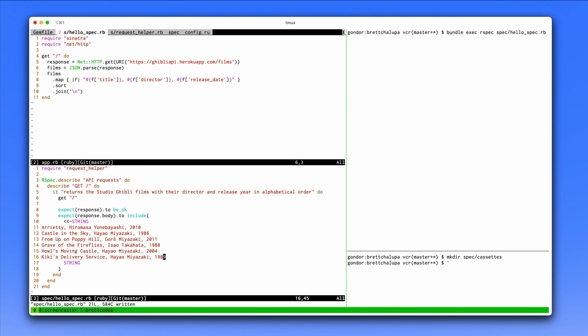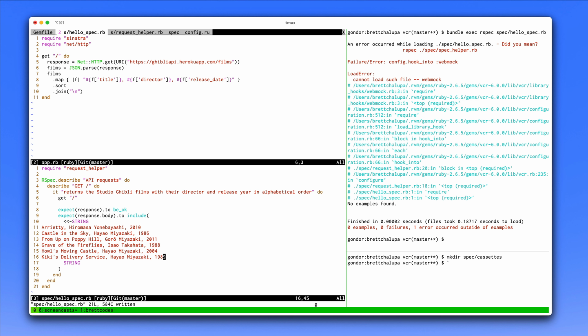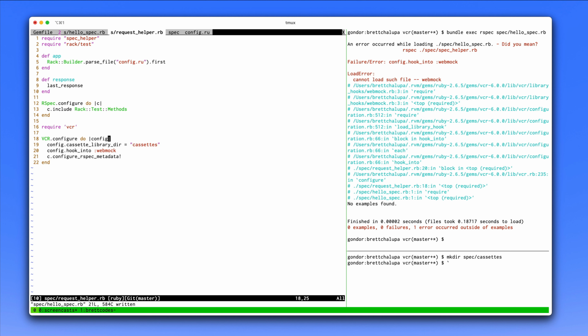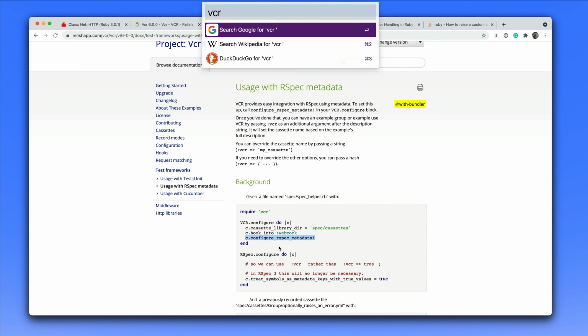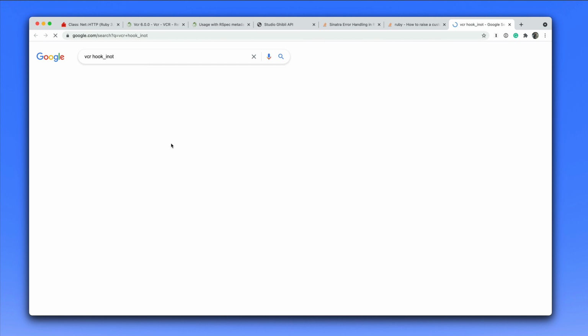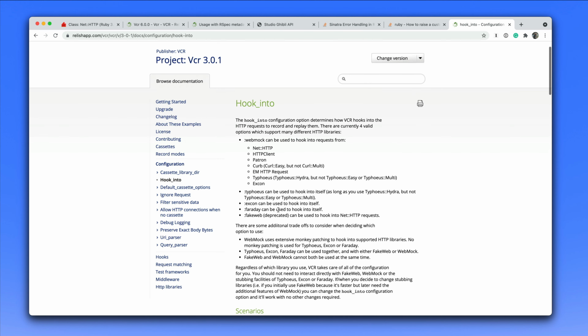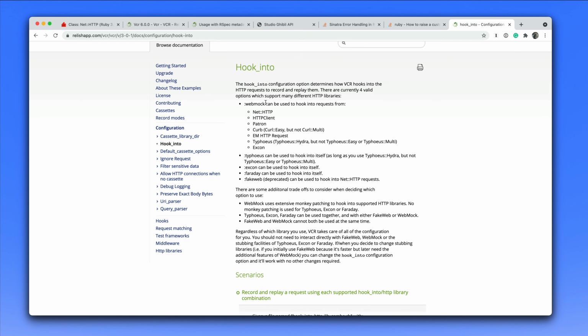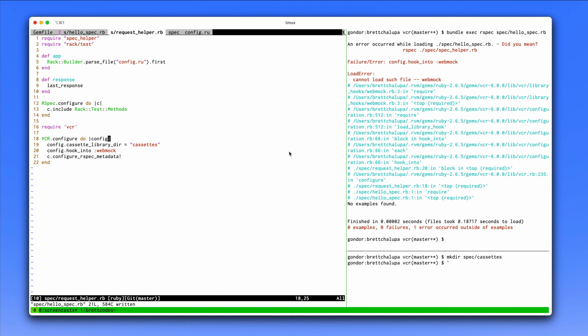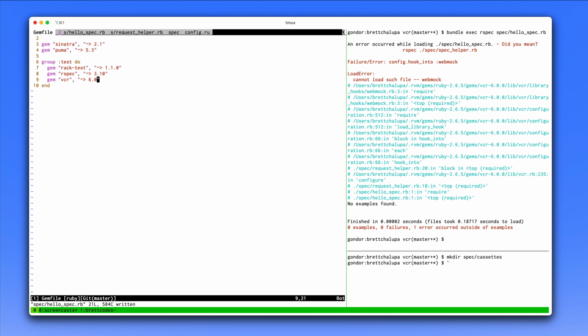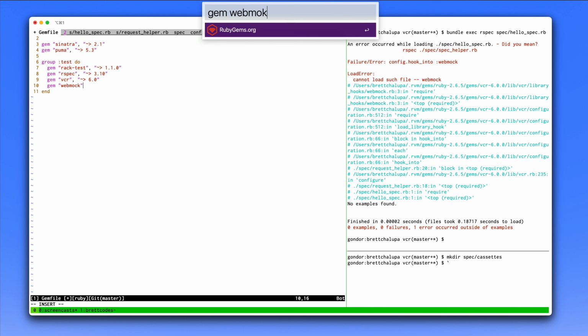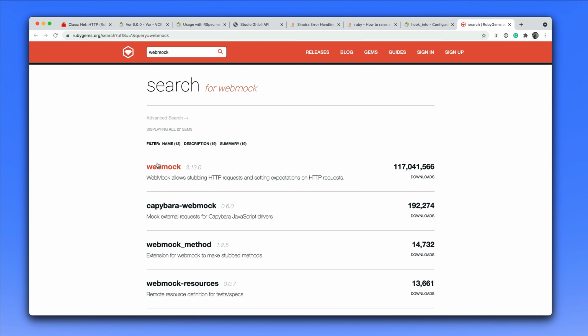All right, let's go back to our test and run it. Can't load Webmock. That's interesting. Let's see what it does. Whoops, typo. Okay, let's see what the docs say. This is an old version of the project. Okay, yep, so it's how it intercepts the requests, which is nice, in that I like Webmock, and I'm familiar with it. So that means we have to install Webmock,